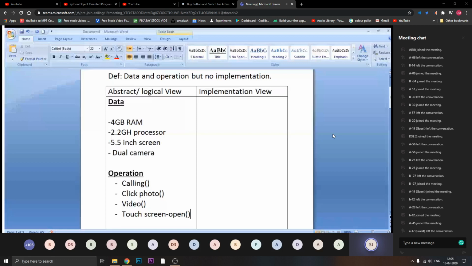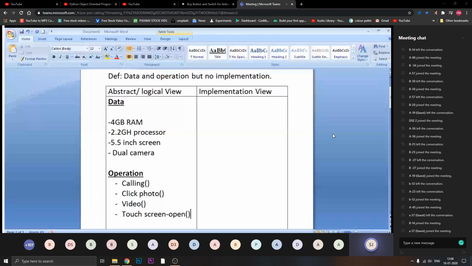When I want to make a call, first I will click on the phone call symbol. Then I will go to the contact list and search for whom I want to call. Then I'll click that person to make a call. If you have two SIMs, it asks you to call from the Idea number or the BSNL number, and so on. Depending upon the SIM, you click on a particular SIM, then it will establish the call. Meaning, for a single operation, calling, I have to implement 5-6 steps to execute this function called calling.